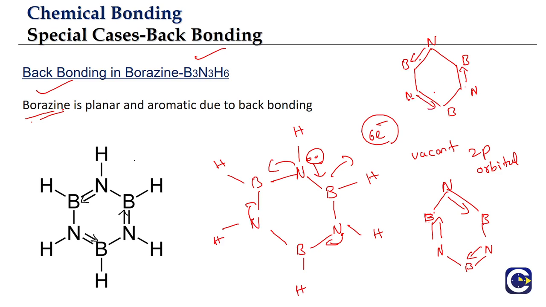If you are numbering the positions, like the way we do in the case of benzene, 1, 2, 3, 4, 5, 6. The difference is that in benzene all 6 will be carbons. Here 3 will be nitrogens and 3 places are for the borons. Let's call them structure A and structure B. In structure A, between 1 and 2 positions you have a double bond. This is a coordinate pi bond, nevertheless a pi bond. Between 3 and 4 you have a double bond, and 5 and 6 you have a double bond. In structure B, you have a double bond between 2 and 3, then 4 and 5, then 6 and 1.